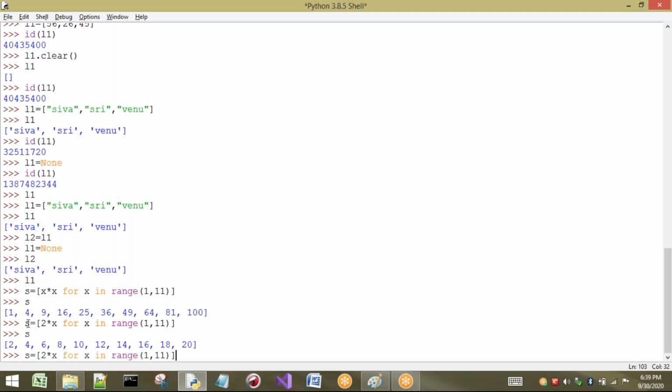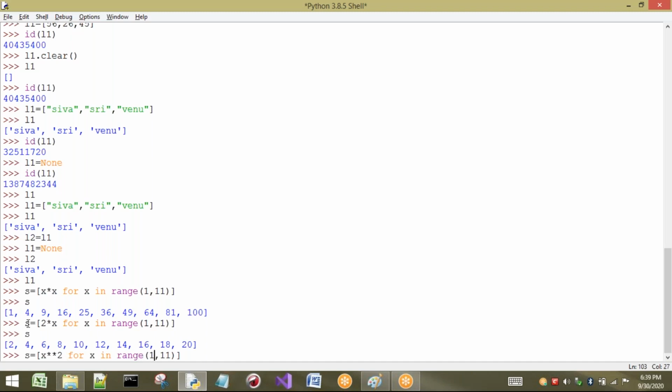Let us see here. The same thing I am going to take, but the concept is I only want to perform squares of even numbers. What is meant by square? We can take X into X, or I can directly use X power 2. We already have the exponential operator, so in this way I can write it. It is also the same as X into X, but I can take it in this way also.